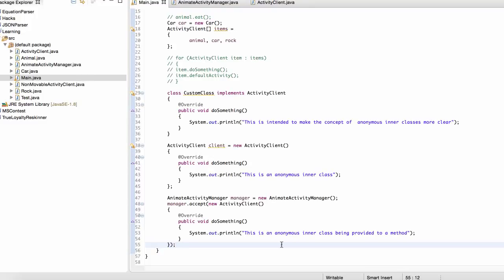Hey guys, welcome back. In this video, we're going to be going over lambda expressions. So we went over anonymous inner classes in the previous video, and we've seen that they're very useful when you want to do something very simple like this. Now, a lambda expression is very similar, except the syntax is a little less verbose, so it's a little easier